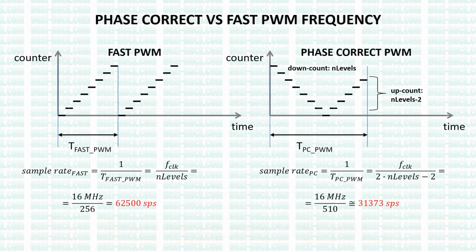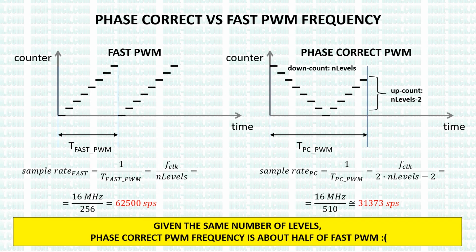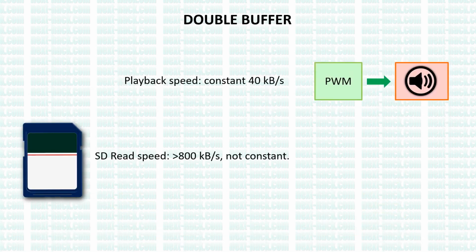The drawback of this technique is that the number of counts almost doubles, and the new sampling frequency is now about half the previous value. Before actually dealing with the program, we need a further consideration. The audio samples are read at a frequency of many hundreds of kilobytes per second. They are instead generated at a much lower frequency using an interrupt, which is called with a frequency corresponding to the sample rate. However, the synchronization between the SD card read operation and the sample playback would be difficult.